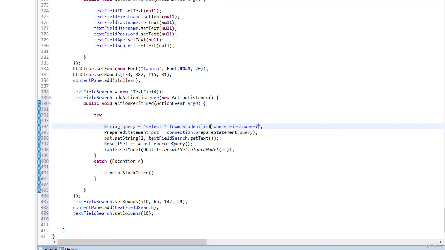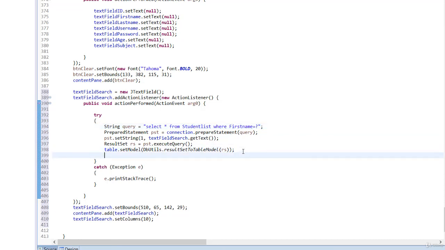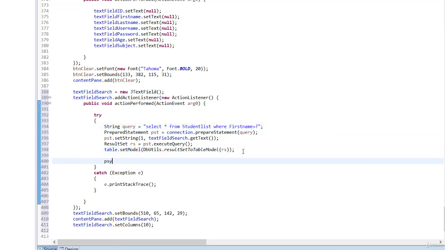You can use ID if you are using ID to do this. So anytime you finish this, after table.set DbUtils, you go ahead and close the object of the prepared statement, that is pst